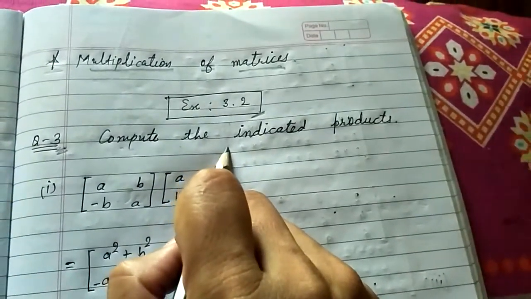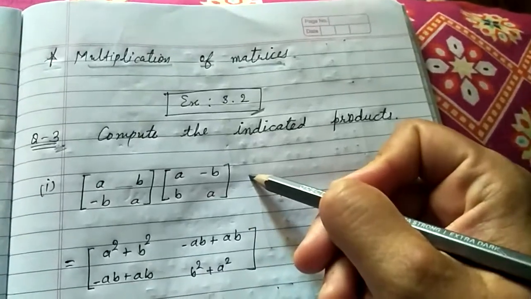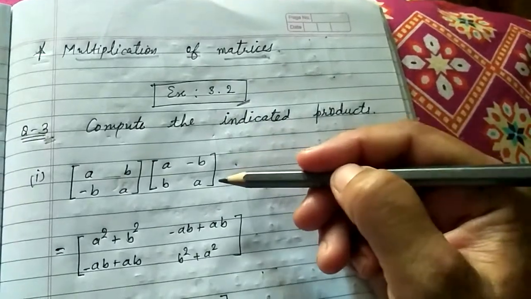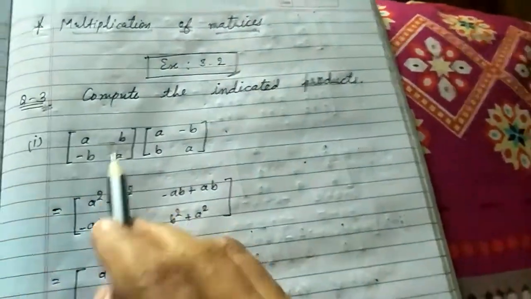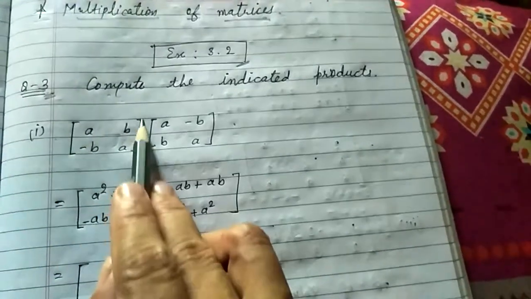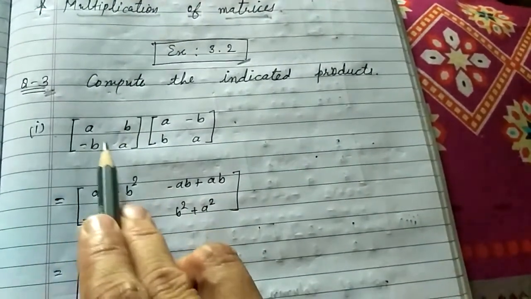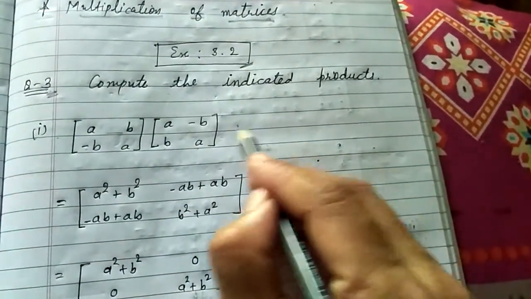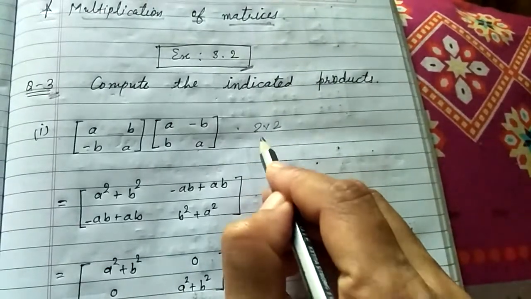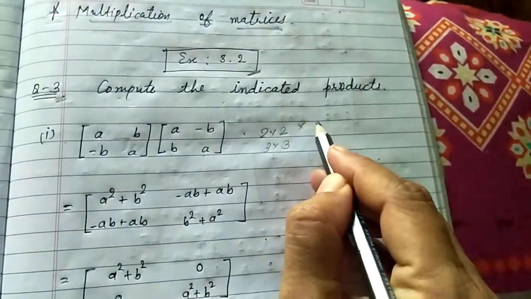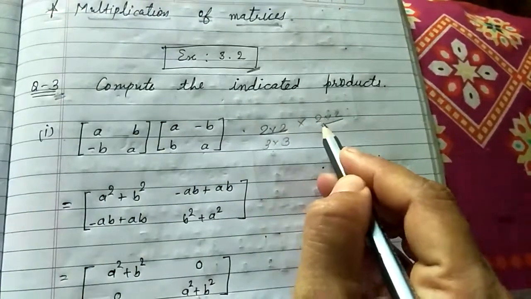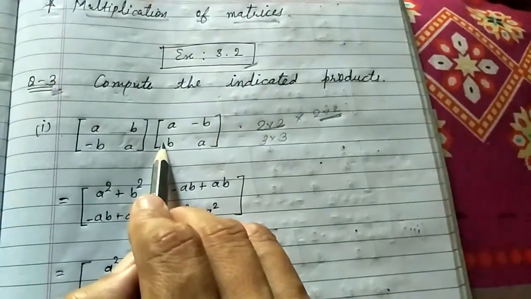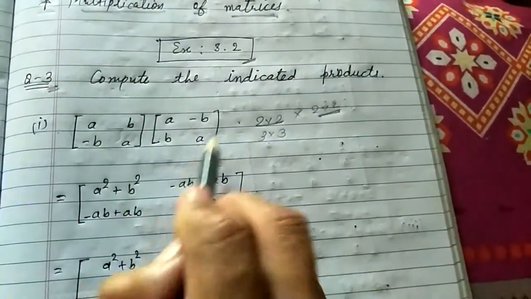Now students, keep in mind that in this video we are going to focus on multiplication. So we just see the questions which are based on multiplication. The first question is, here we have our two matrices, (A, B; -B, A) and (A, -B; B, A). Students, remember, whenever you have square matrices, that is 2 cross 2 or 3 cross 3, if you multiply a 2 cross 2 matrix with a 2 cross 2, then there is nothing to check. Square matrices can always be multiplied. So here we are going to multiply these two.